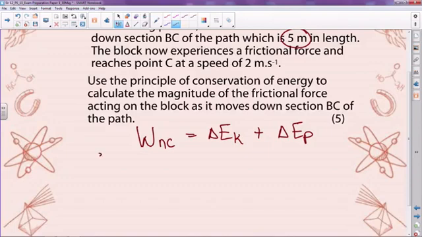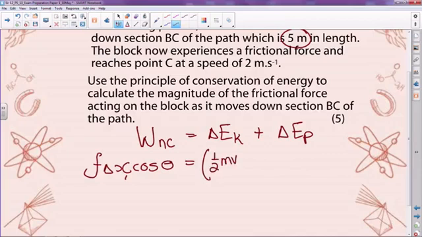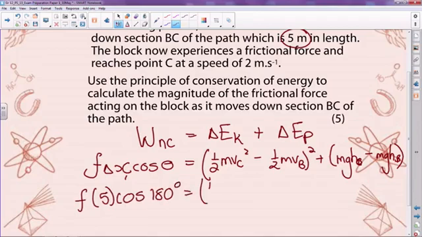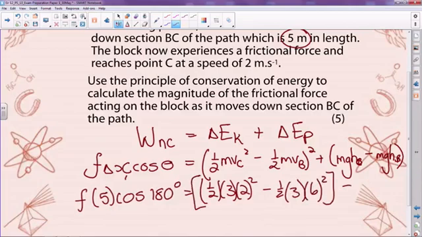Your non-conservative force is friction. So that means I've got to do friction, delta x cos theta, which is going to be the kinetic energy at C minus the kinetic energy at B, plus the potential at C minus the potential at B. This is why you had to work out the height. I'm going to have to go very quickly because we want F. X is 5, it's friction, so it's cos 180, and we have a half times 3 times 2, because I know how fast it was going at C, minus a half times 3 times 6, because I know how fast it was going at B, plus